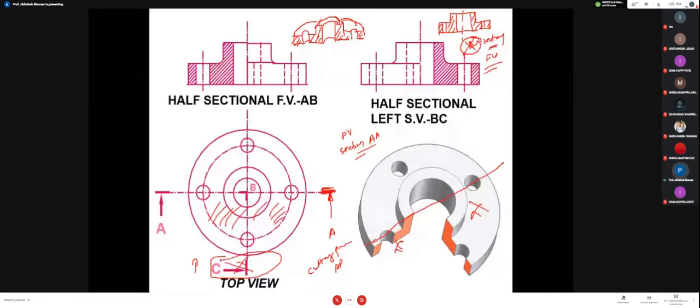So for the same figure, if you are given a horizontal cutting plane line like this, and if it is written AA or AB or BB or BC, wherever it is placed, but if it is parallel to one plane only, in that case, if you want to draw its front view, it will be a sectional front view, known as the full sectional front view. We are not going to use the word full over here, so we will say it as a sectional front view. Okay, so this is the sectional front view.